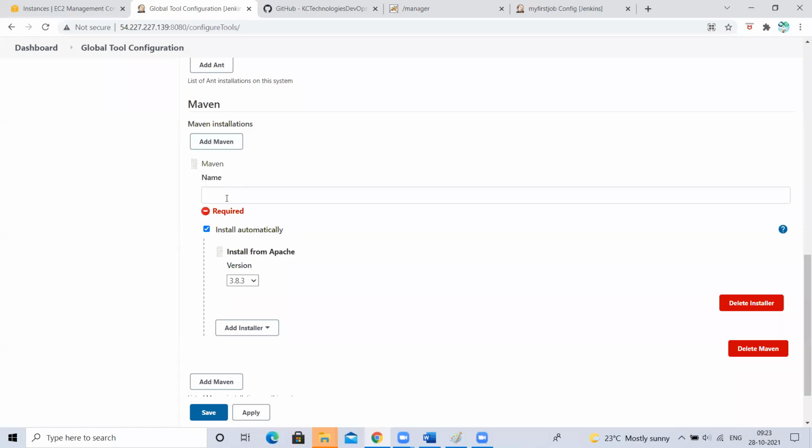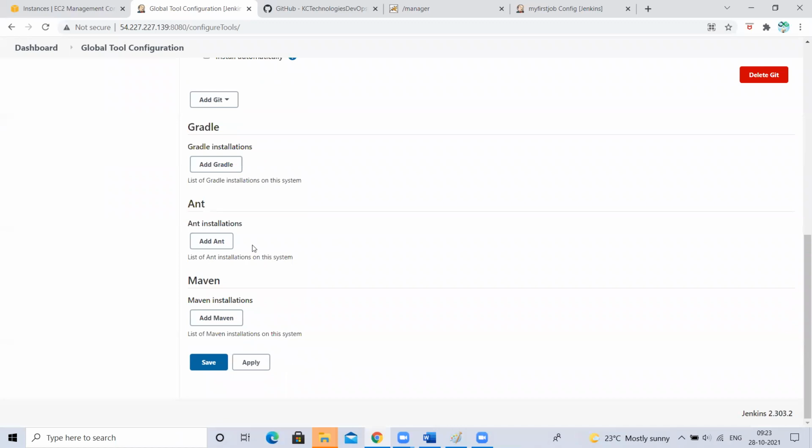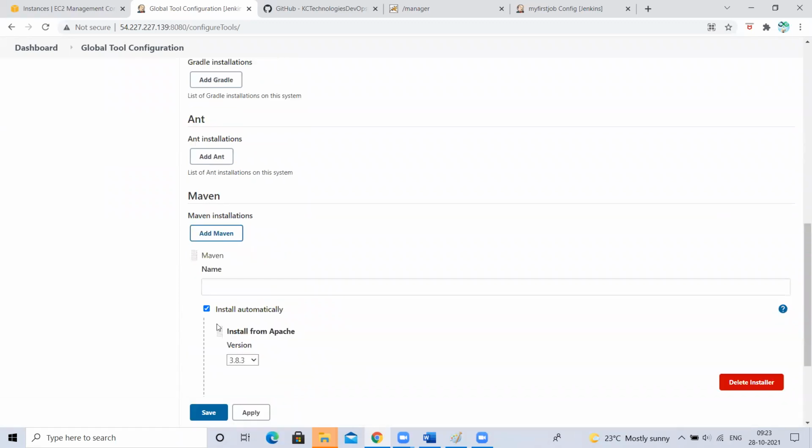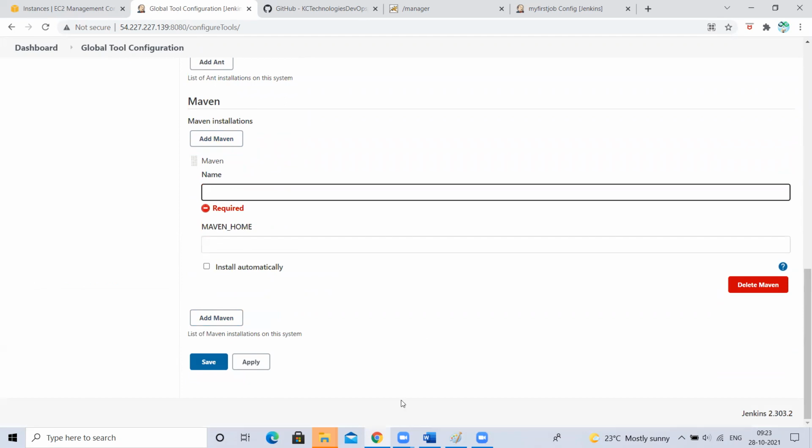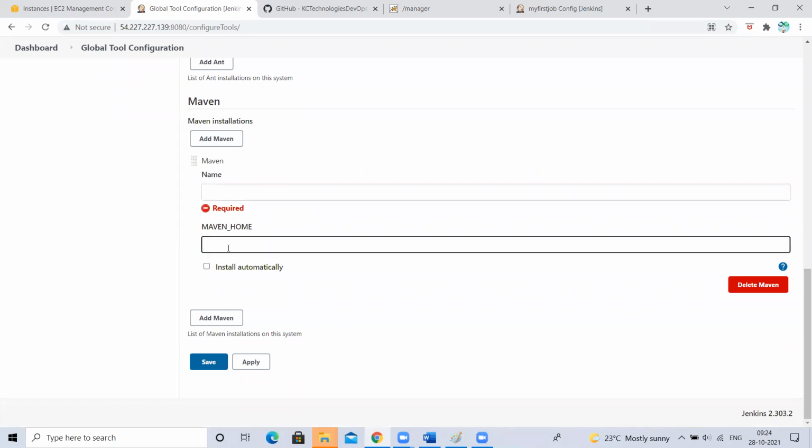So if I select this first option, for example, I want to add Maven, I don't want to install. In this case, wherever your Jenkins is there on that Linux machine, you have to download Maven, extract it, and set the path. The same thing, whatever you have set for the path variable, export variable, you have to give the same path here.